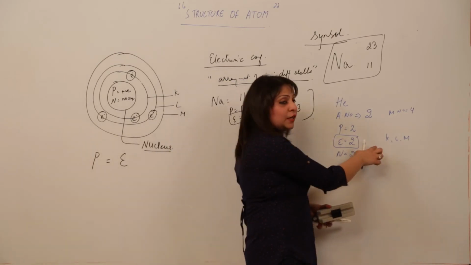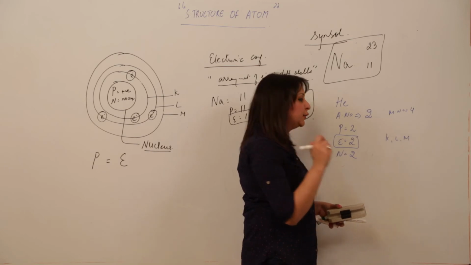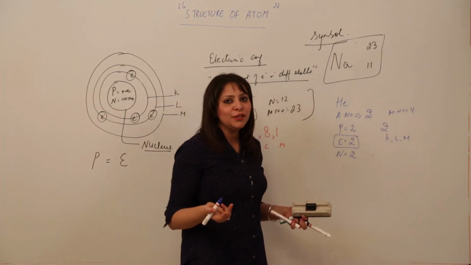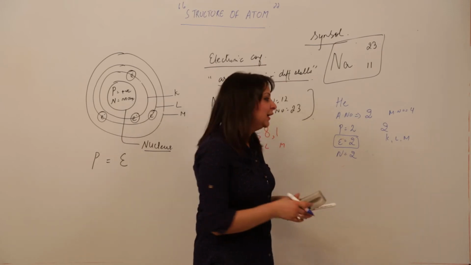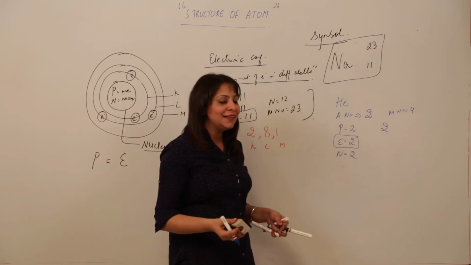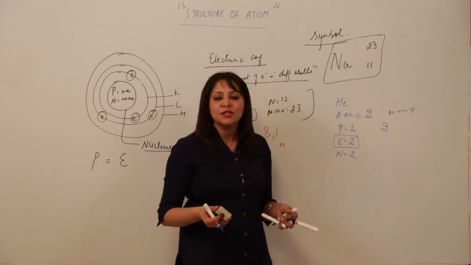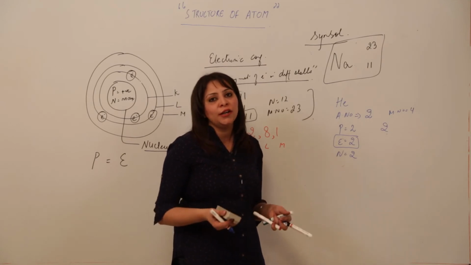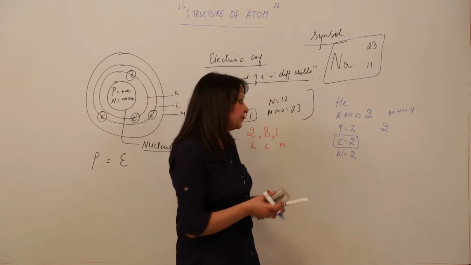So we know that the first shell can accommodate maximum of 2 electrons. So this 2. Now we are not left with any electron. So don't panic, the electronic configuration is only 2. Don't think that the atomic number and electronic configuration can't be the same. It can be the same because it is just the filling of the order according to the Bohr-Bury rule, right?